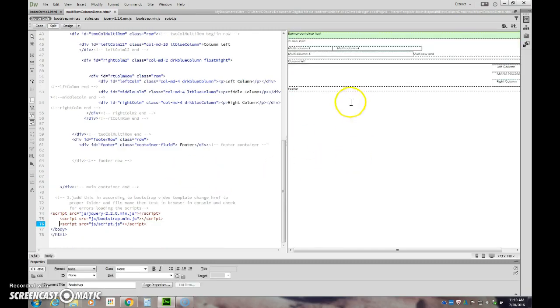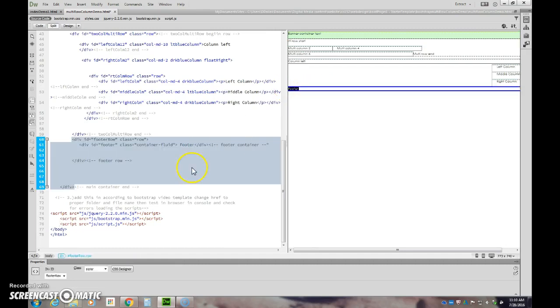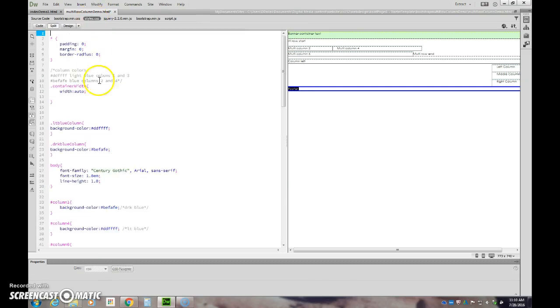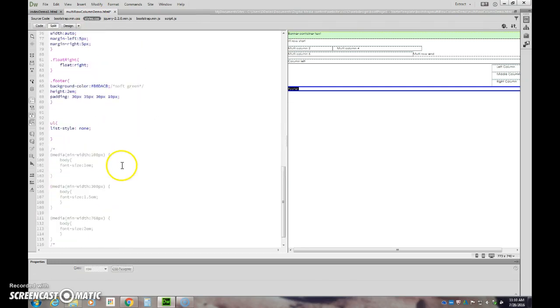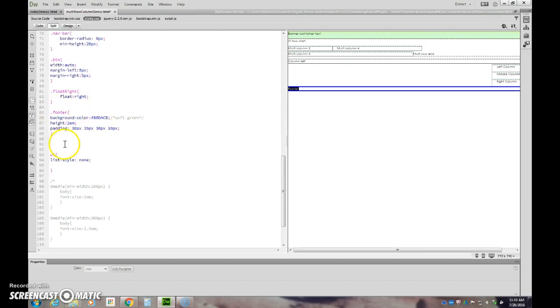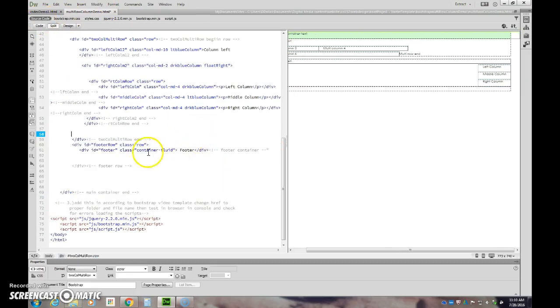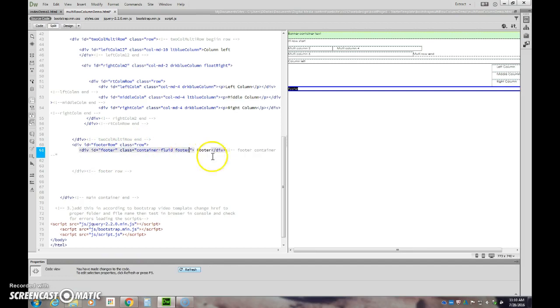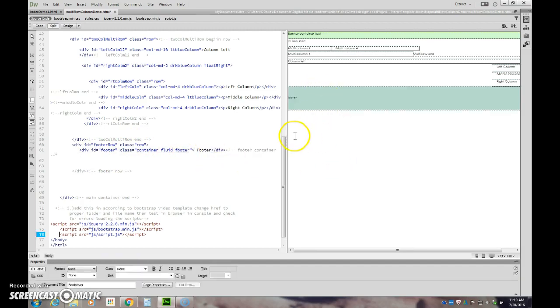If I did everything right, I should see a new row and a new footer right here, and then I can give that footer its own color. So I could go in here and I could put in a footer. If I wanted to, I could just add this to the class. Copy. And it should give it a nice soft